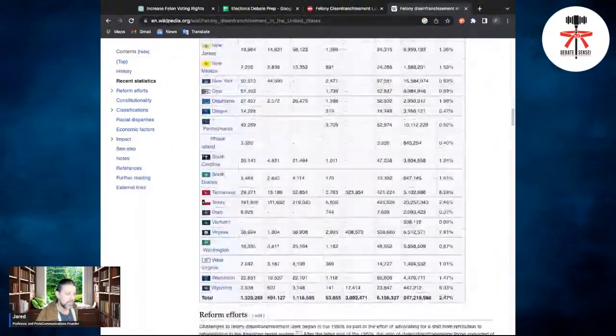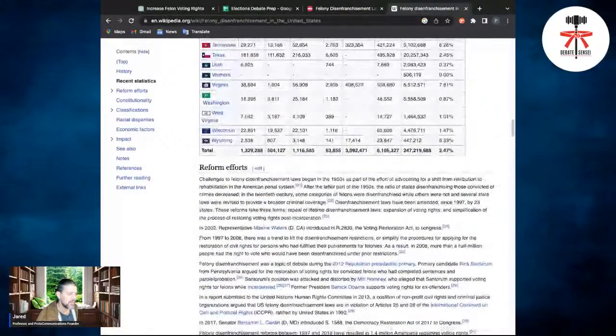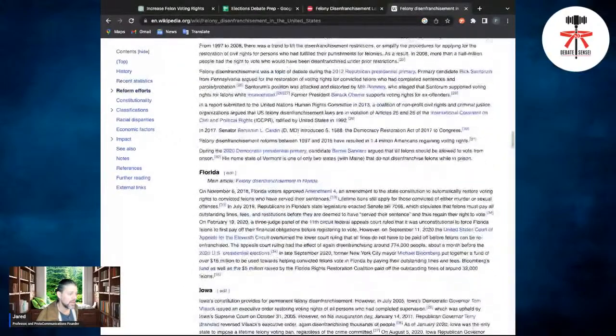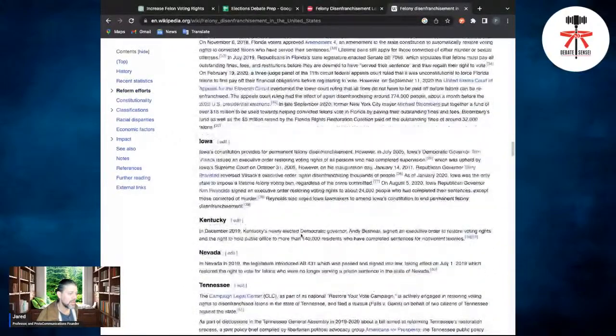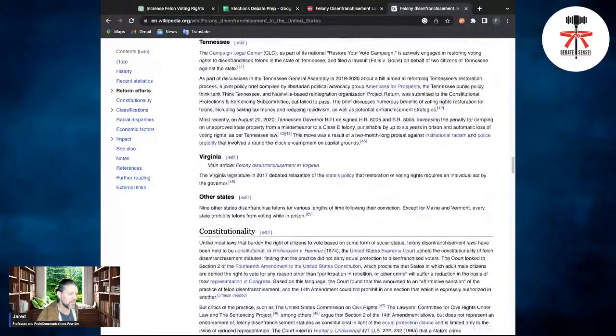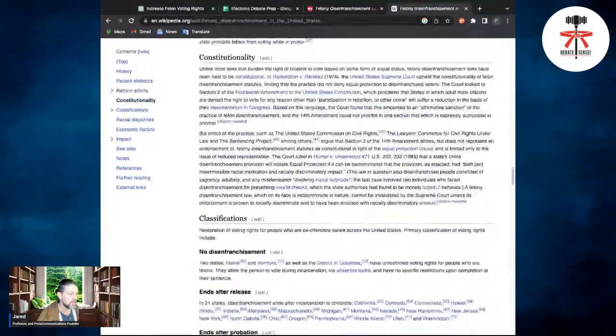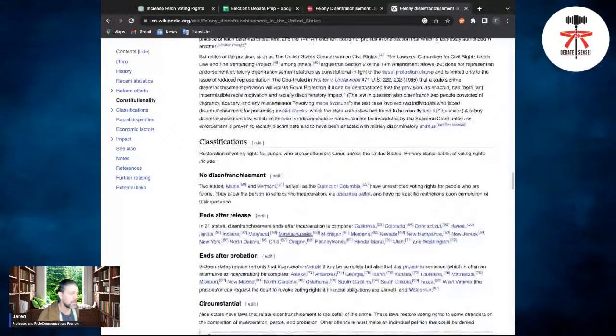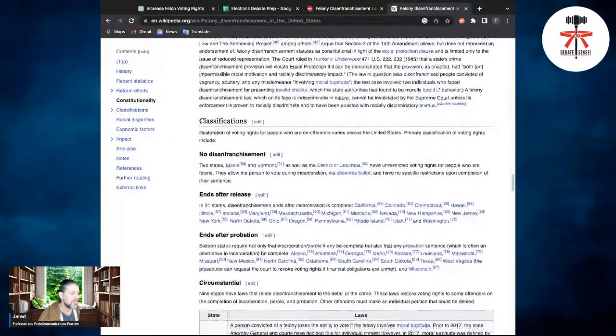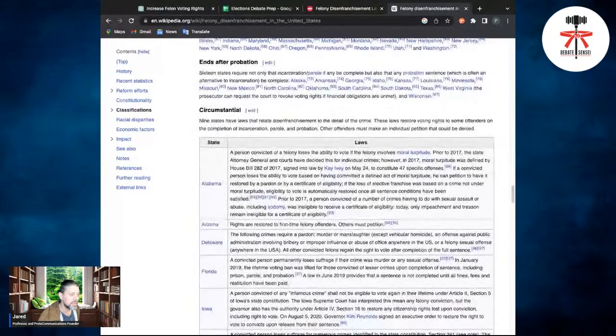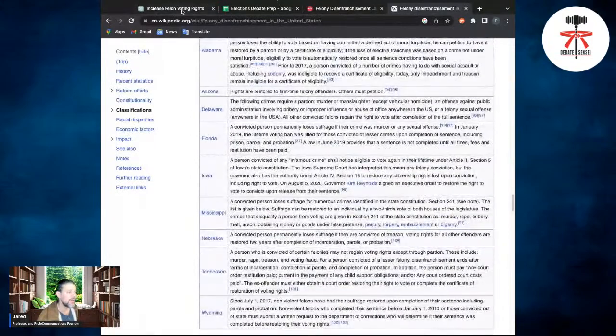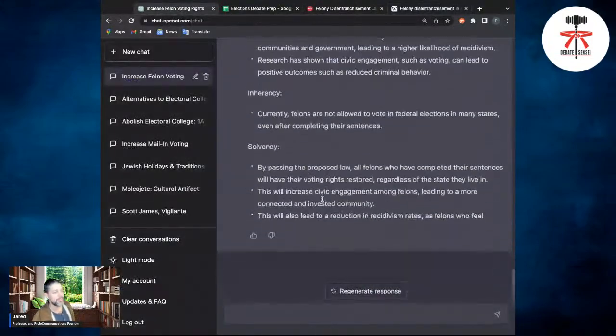Wikipedia's got some stuff. Okay. Florida, Iowa. It doesn't give a really efficient answer. All right. So it doesn't give me a year when it happened, it looks like, but maybe if you went through all that, and I'm not going to do all that. Okay. So there you go.